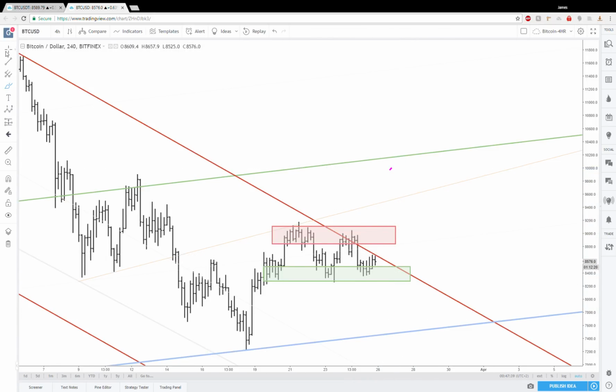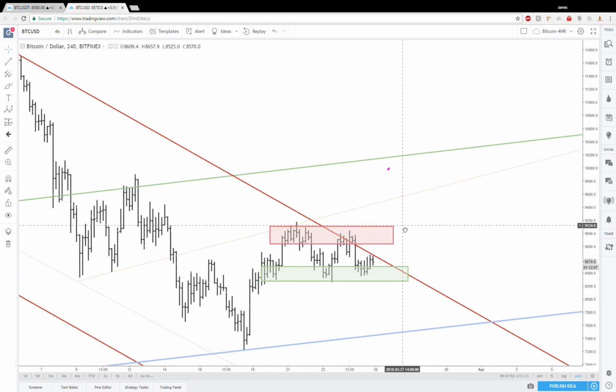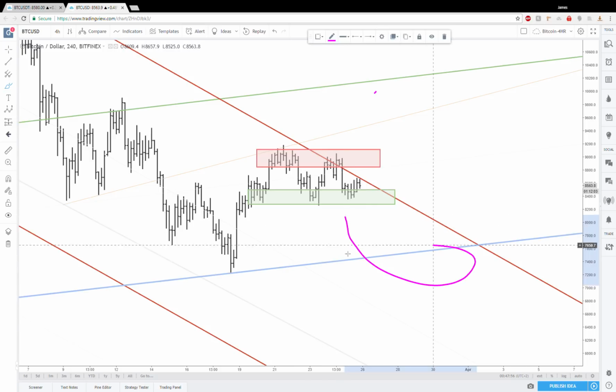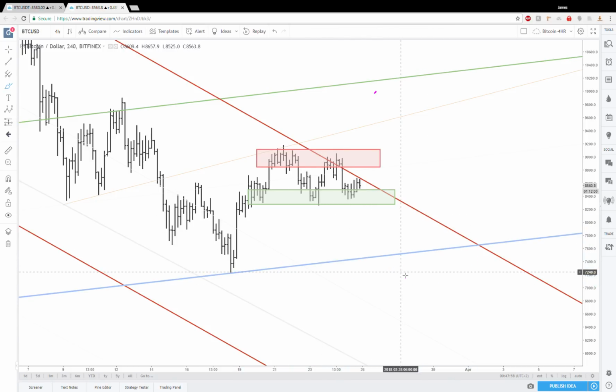or we could see a move like this to the downside. I'm going to talk about both sides. I've already talked about the positive side, and I'm more inclined and leaning towards the positive nature of price movement in Bitcoin right now. But if we do break down, sorry, I was trying to delete that, then we will blow out this area right here. I do not think this trend line is going to hold, and we will sink